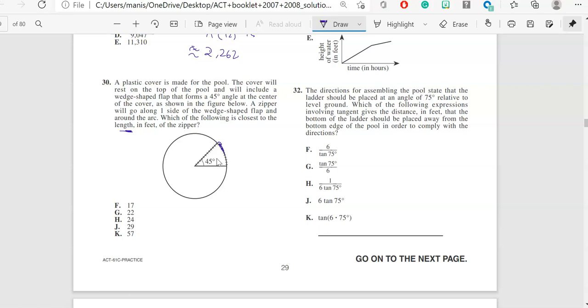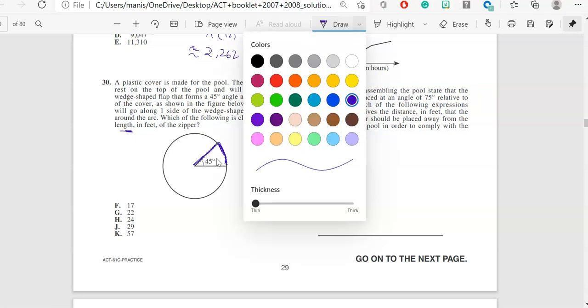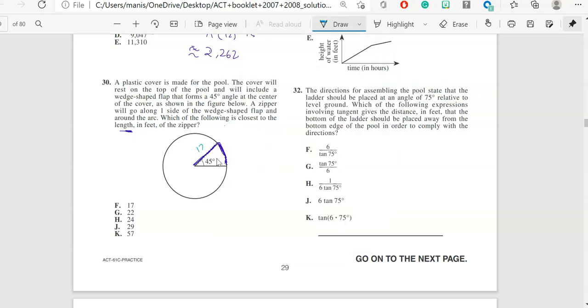This means they want us to find this value. You see this one and this one over here. This part is a radius, so this is 12, that's for sure. Now, what is this part over here? This is 45 degrees. The whole circle is 360 degrees. So the first thing to do is divide 360 by 45 degrees. When we divide this, we should end up with 8.